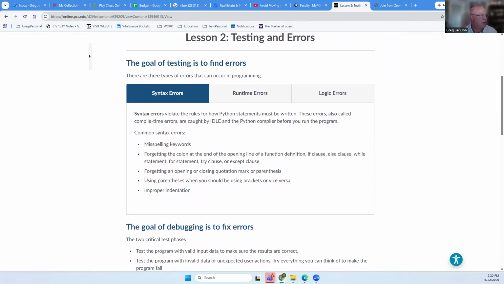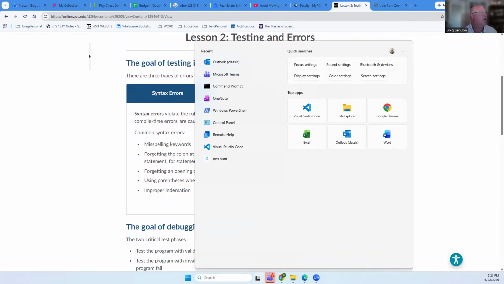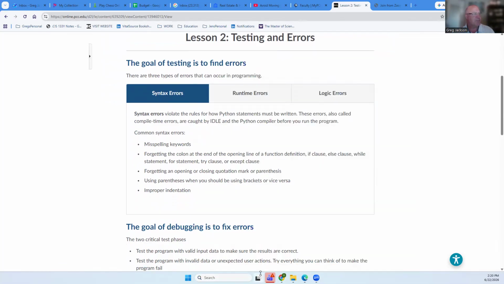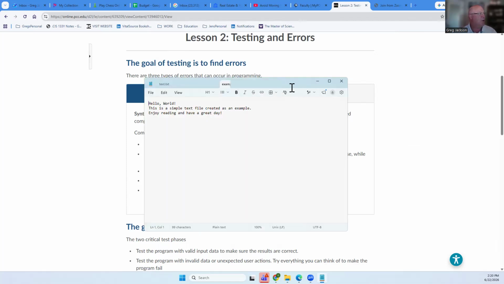In fact, let me do this really quickly. Let me just show you really quickly how I'm going to create a program. I'm going to open this in Notepad. And I'm doing this in Notepad just to prove to you that I can create a Python application